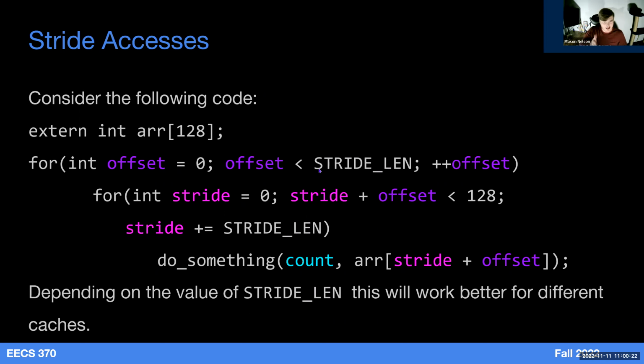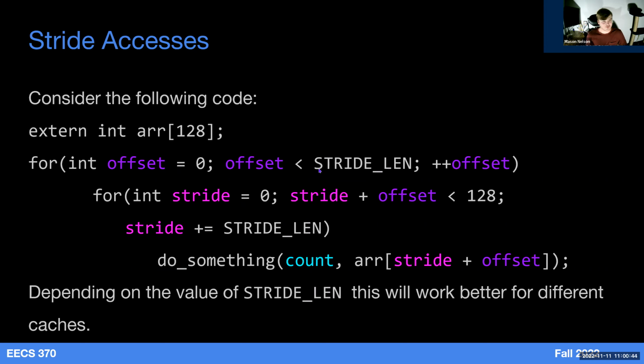So instead of just going element by element, it goes every, maybe 4th element and then does something. And then it starts back from the beginning. And then eventually it covers all of them, but it doesn't do that in a very linear fashion. So if we had some code like this, we could see that this might mess with our cache a little